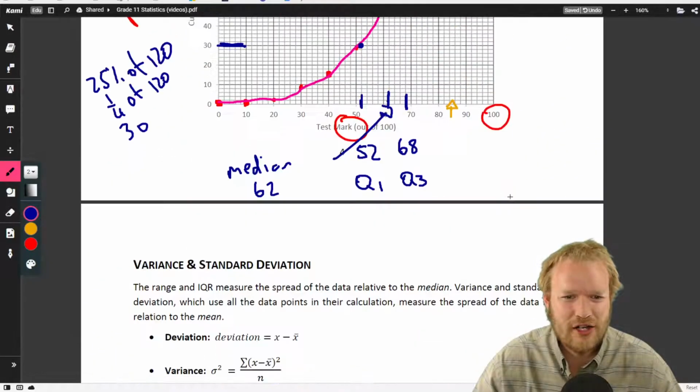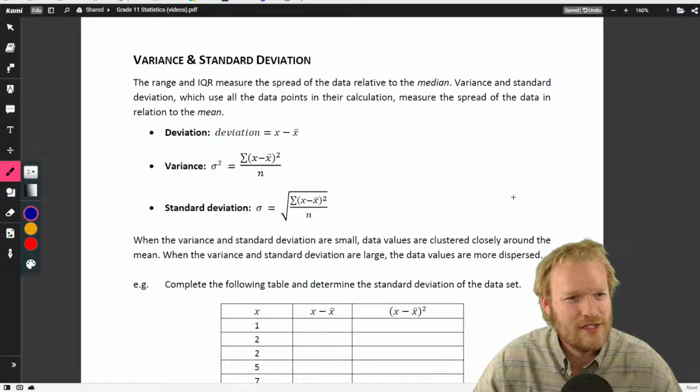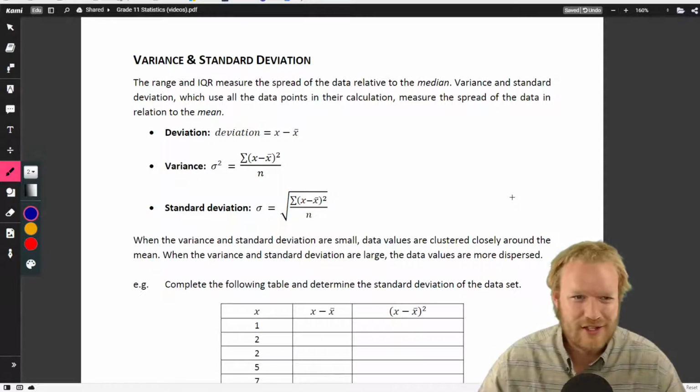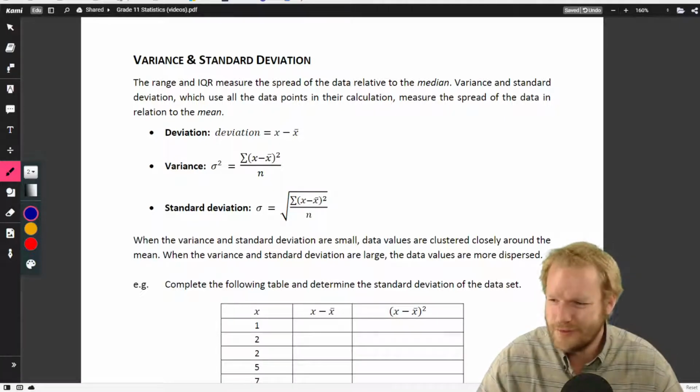So there's our ogive. So onwards, upwards, next we're doing variation, variance at least, and standard deviation. Okay, where's our